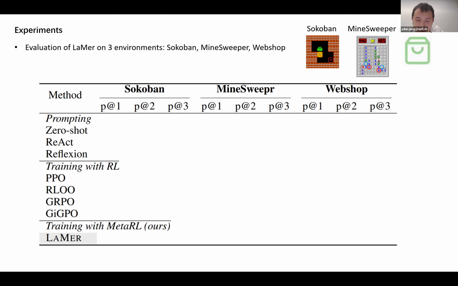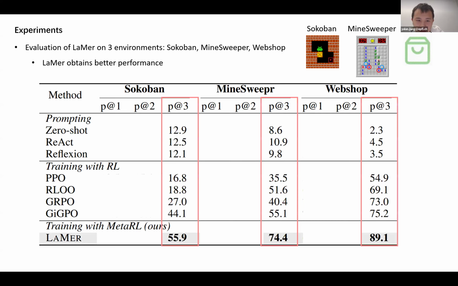So the first thing I want to share is that if you compare the pass at 3, the final results, we can see that our meta RL trained framework achieved better performance compared to all the baselines. It really means that it successfully does this kind of exploration and exploitation to reach the best final performance. The second thing is that if you compare the difference between pass at 1 and pass at 3,